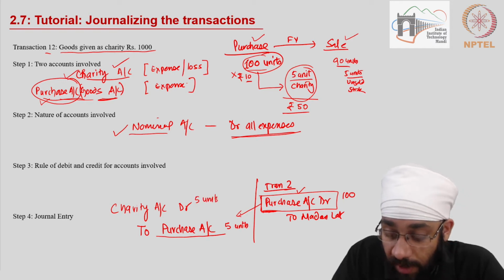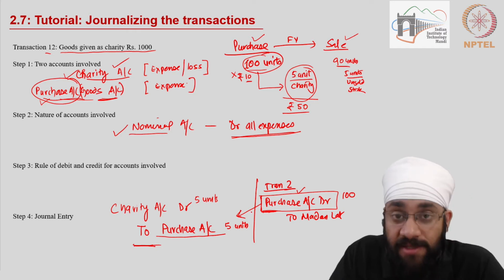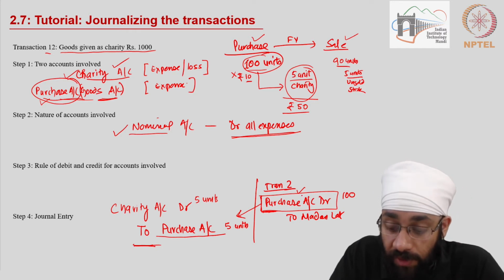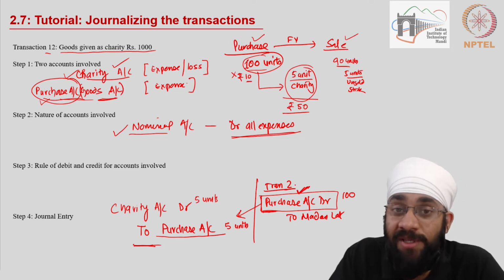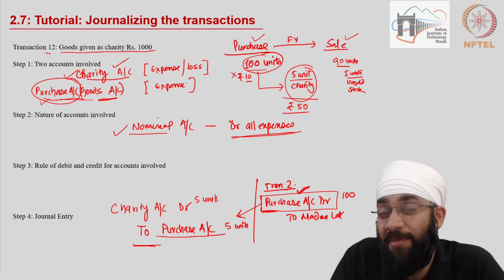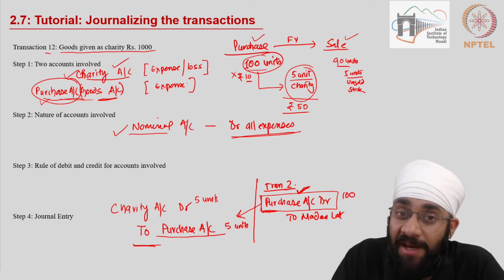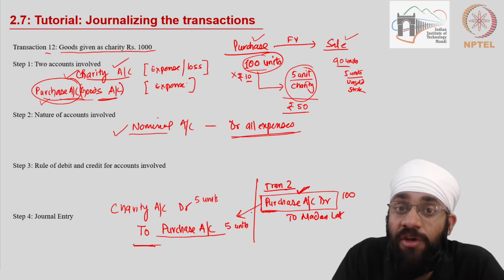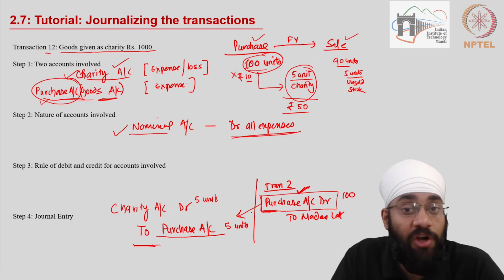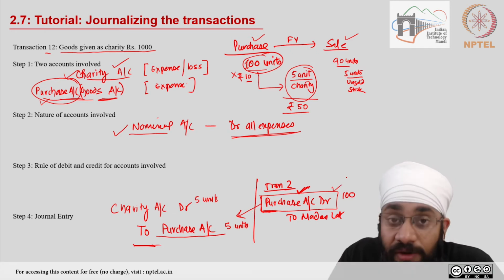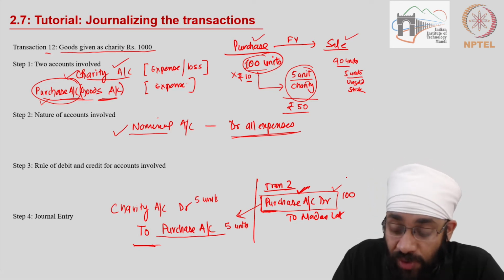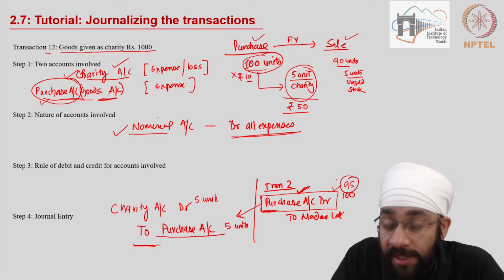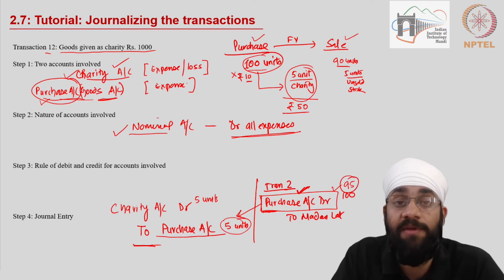So what we are doing in this transaction here is adjusting the number of units in the purchase account. We are saying although we purchased these goods, we did not resell them. The purpose was different. We gave them away as charity. So our purchase should reduce by 5 units. We should not be showing purchase of 100 units as an expense when we do our profit calculation. We should clearly state that only 95 units were available for resale and 5 units have been given away as